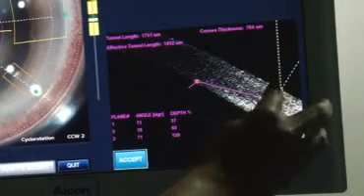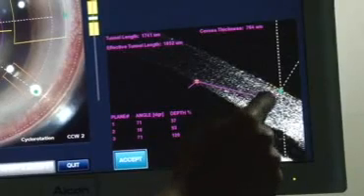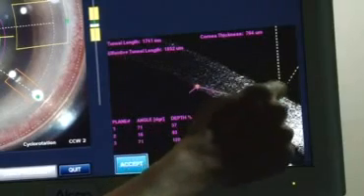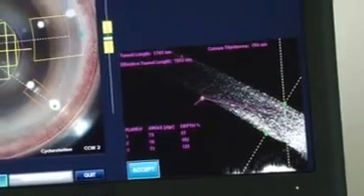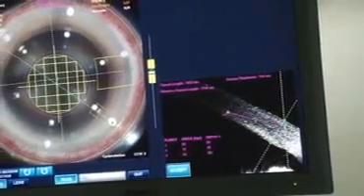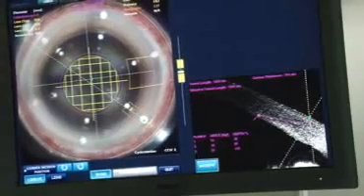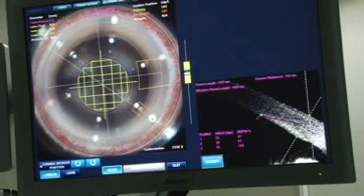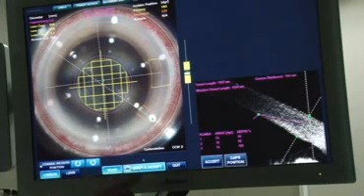Now somehow this is being put as a triplanar cut. This is the initial groove. Then that's the cut, and that's the entry into the anterior chamber. Now this entire sequence makes it a triplanar incision. So we accept it because suppose I move it up and down, I can make it anywhere I wish. And I would like to probably keep it at approximately 1600. So that's good for me. In fact, I would like to make it slightly more, about 1700. That's it. So I accept this, and then we get the verify and accept.